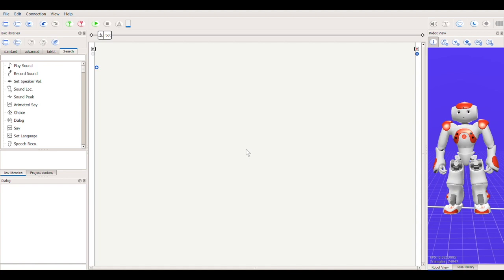Today I'll be showing you how to make the robot in the Choregraphe app do certain things like have a conversation, ask questions, and be able to talk. So the first thing that we want to do is make sure that we set the